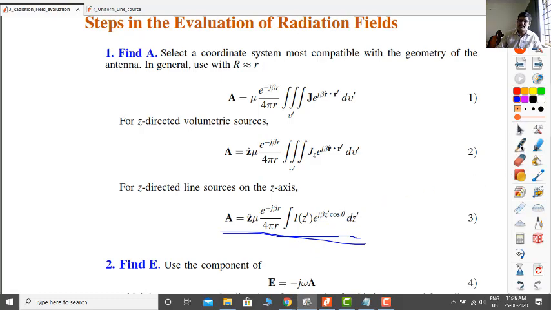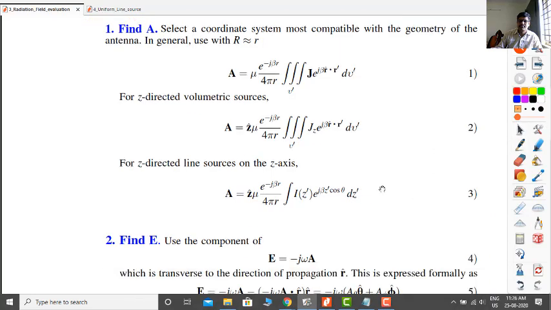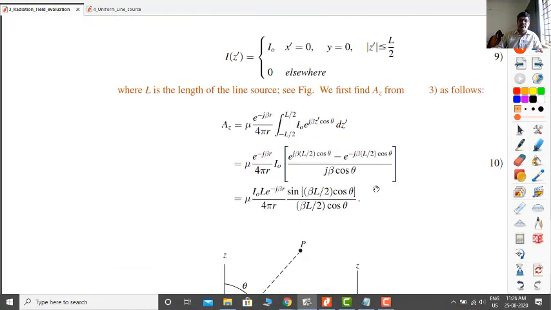The prime refers to the source point. So the first one is A z equals mu e raised to minus j beta r by 4 pi r, integral from minus L by 2 to plus L by 2. These are